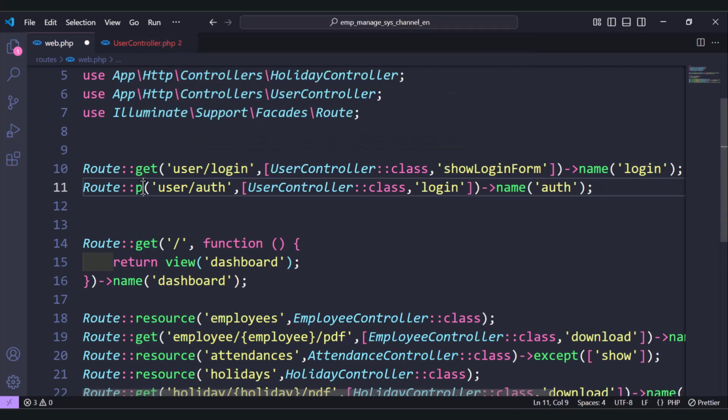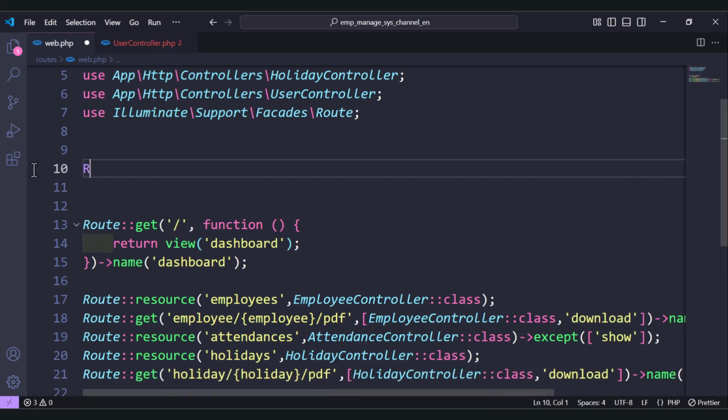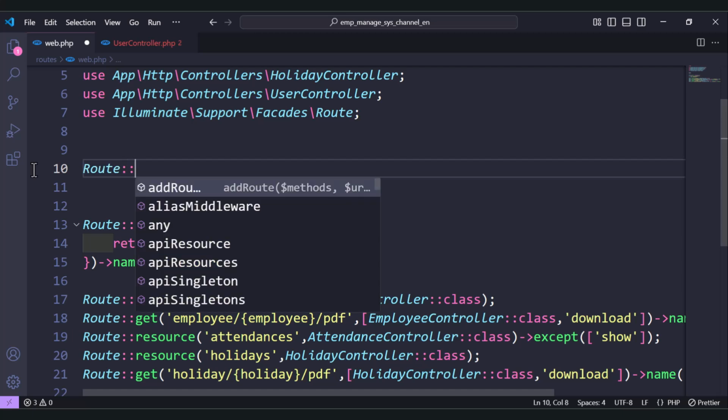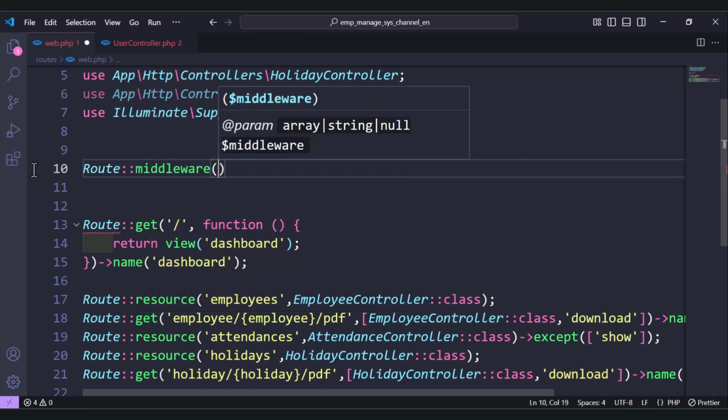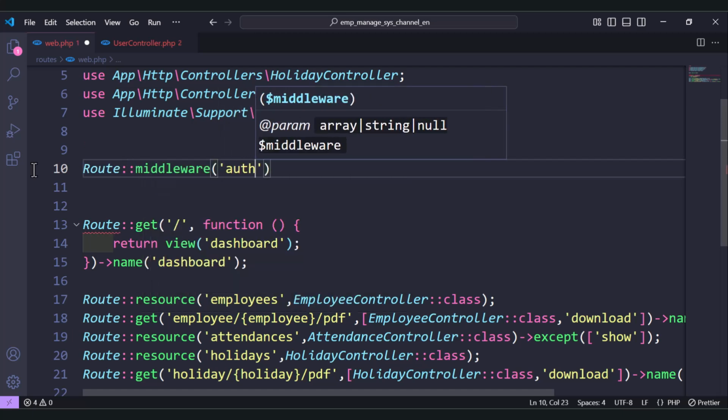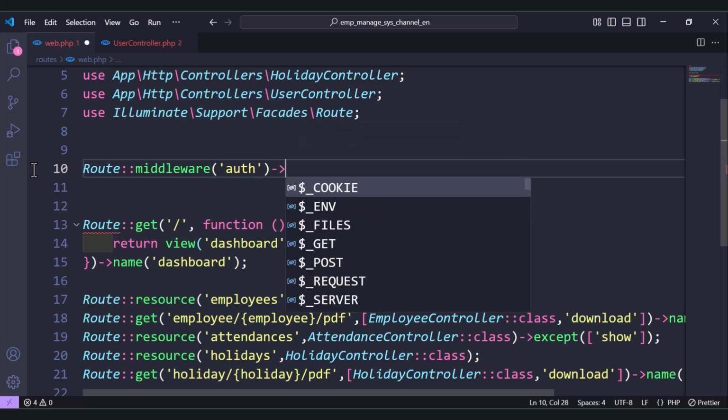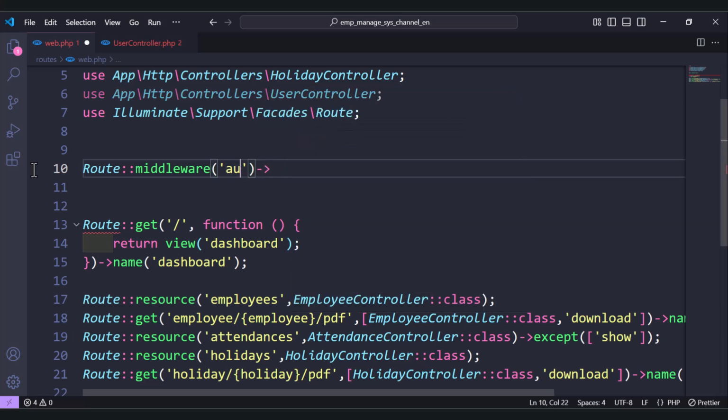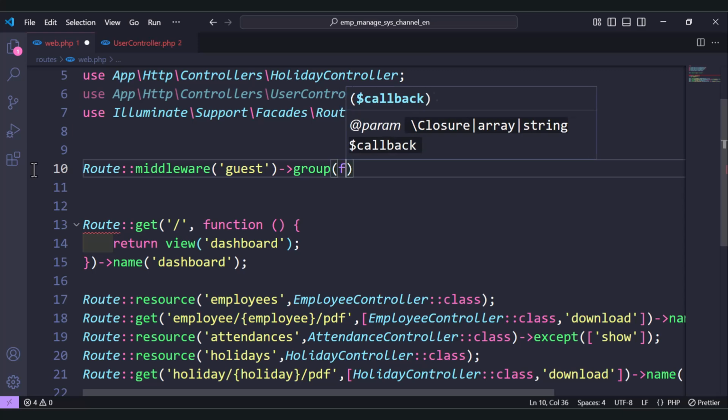And here it will be post request. So we can send form. And also to prevent accessing these routes when the admin is logged in, so let's add middleware. So not auth, but guest. And here we need to group the routes, use function,